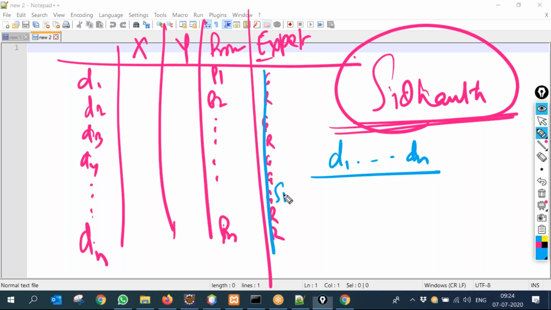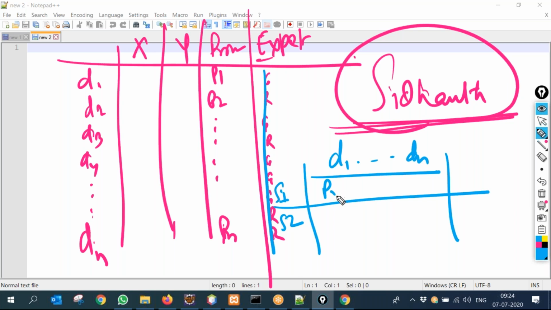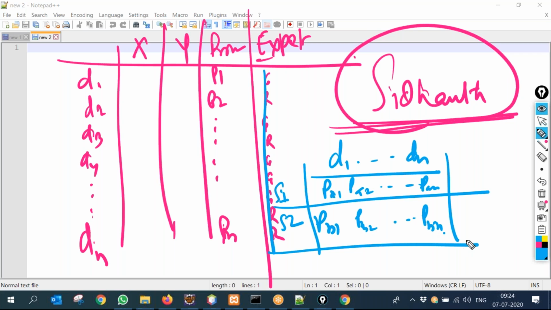Now Siddharth and Siddhant give me PA1, PA2, and so on, PAN, and PB1, PB2, and PBN. Whose behavior will reflect here, Gyan or Rajesh? The first one is Gyan and the second one is Rajesh.